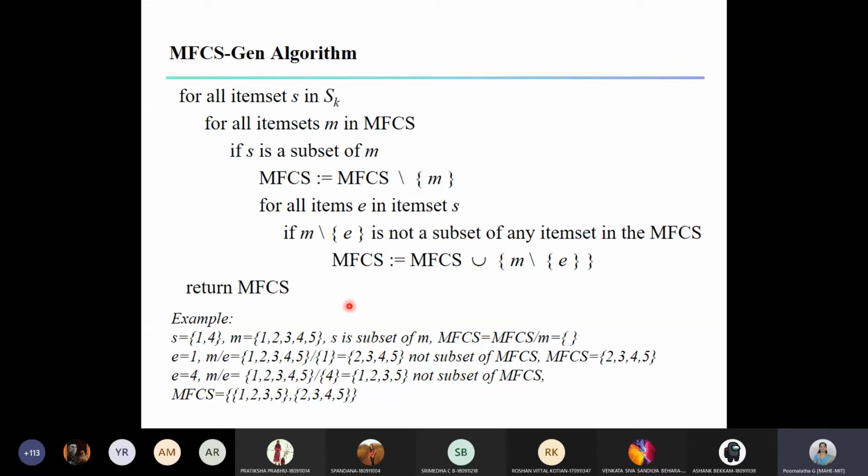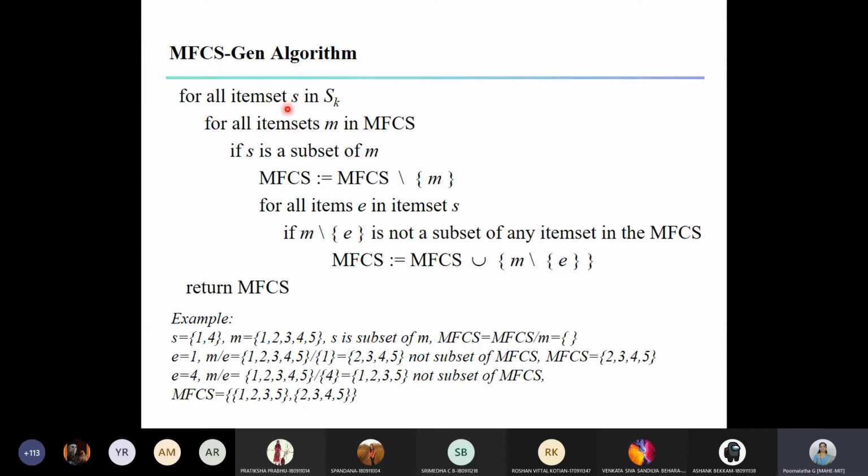Just one simple example to understand this function. Suppose our MFCS is {1, 2, 3, 4, 5}. For all item sets M in MFCS, now we have only one item in MFCS, that is {1, 2, 3, 4, 5}, and M will also be {1, 2, 3, 4, 5} because M is indexed into MFCS. And suppose this SK contains many items and the first item in SK is the set {1, 4}.